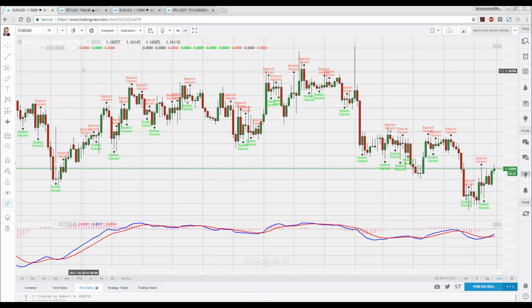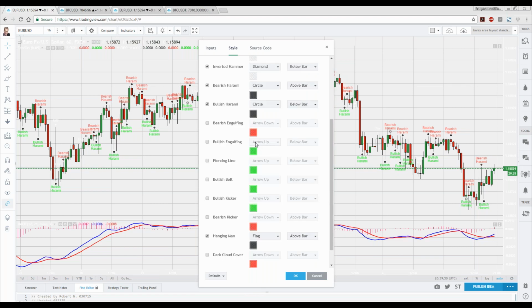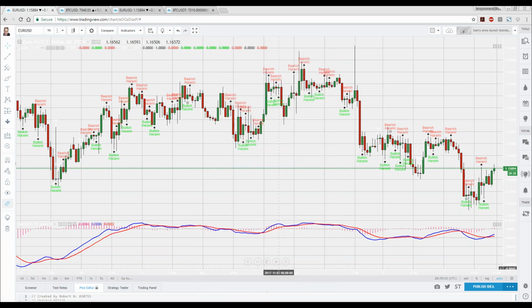Now, to get these on your charts, a lot of charting services offer them very easily, and we simply go up here and we can pick out which patterns we want, which we think are important, what colors we want them, and set them right up on our patterns. That means you don't have to spend hours searching these out. You can set them up and tell them when you want. But the next thing is,